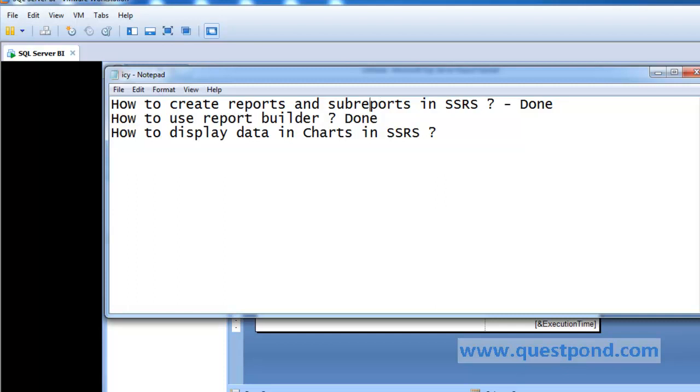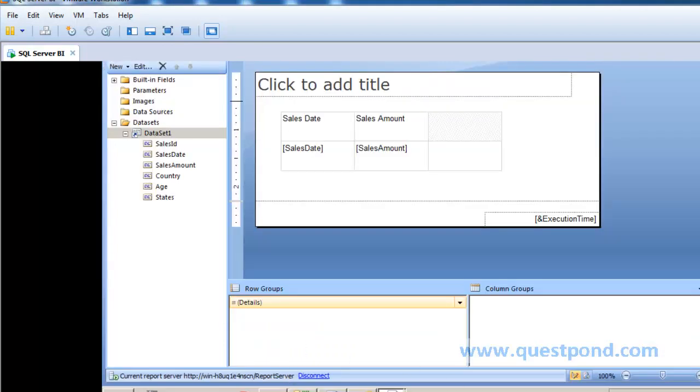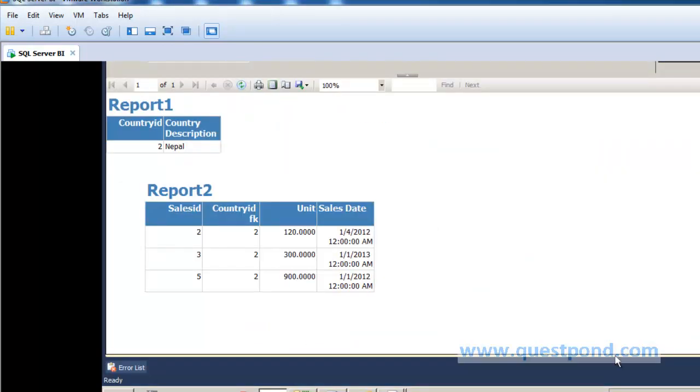So we have done how to create reports and sub-reports, and we have also seen the Report Builder tool. Now the next thing is how to display charts. Let's say you want to display a pie chart, a bar chart, some kind of a chart inside reporting. How do we do that? In order to create a chart, we have the chart component. So very quickly,